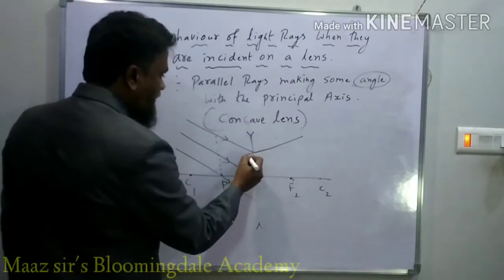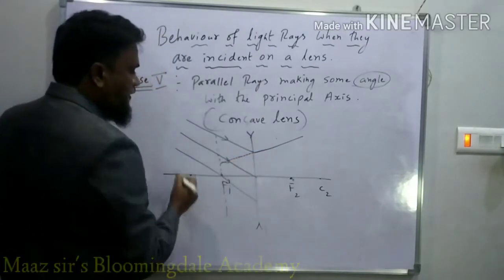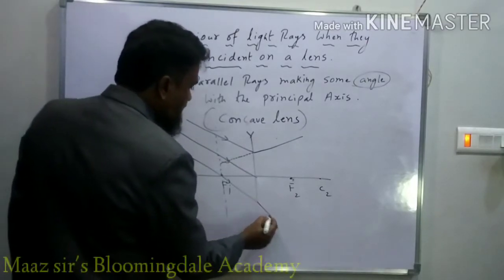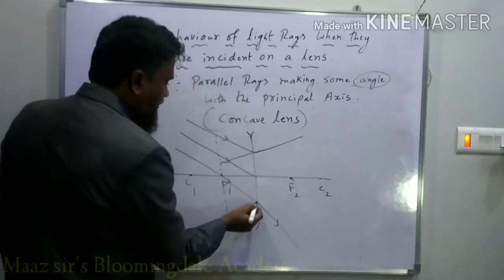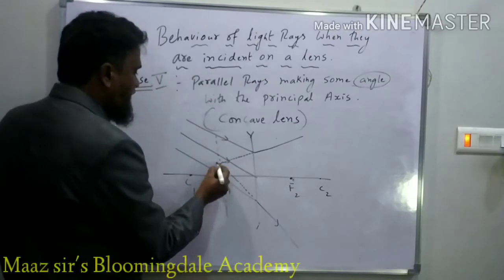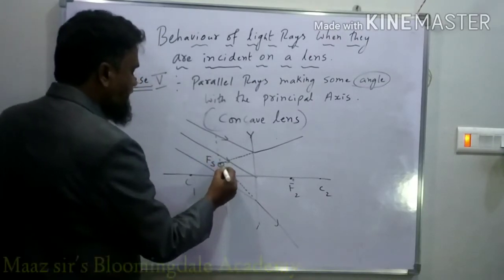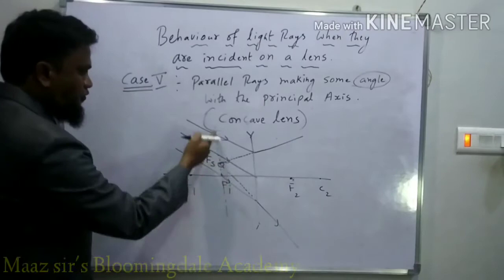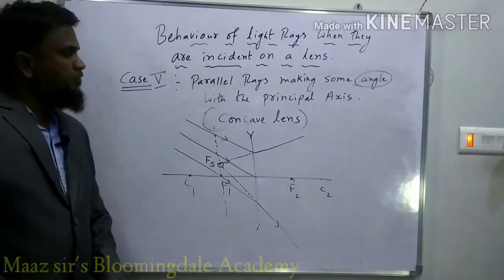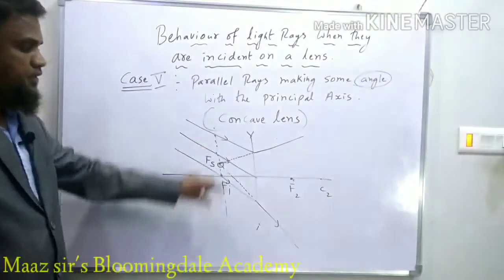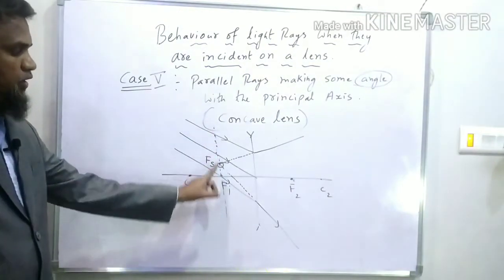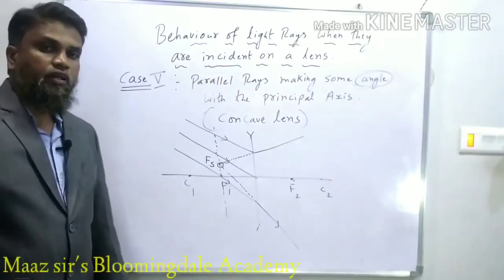So this refracted light ray, if you extend it, supposing this is the refracted ray, if it is being extended, they will come and meet at a point Fs. So this is your focal plane. So this is the ray diagram for the concave lens. It is being refracted back and it appears to fall on the focal plane.